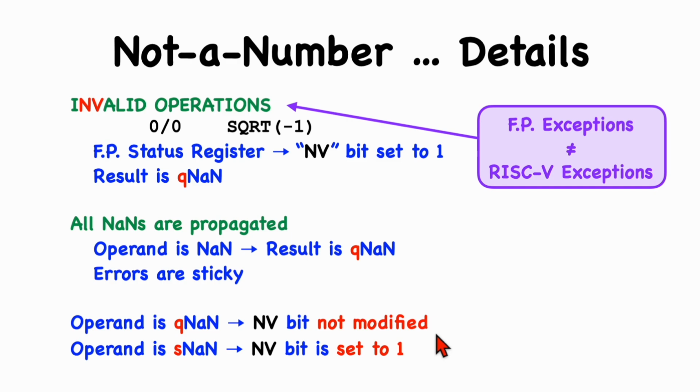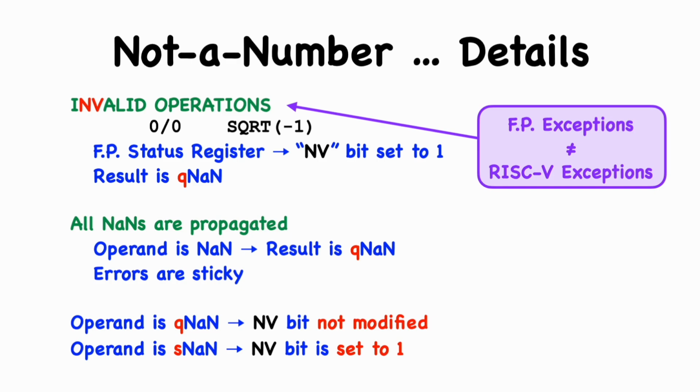This might be useful in a situation where your algorithm is processing a large set of data points where each one is expressed as a floating point value. If any of those data points is, say, missing, you could store a signaling NaN in that particular slot. Then, after your algorithm completes execution, if such a missing data point was ever encountered, then the invalid bit would have been set. The RISC-V spec does not say very much about signaling NaNs, and I believe that they're not